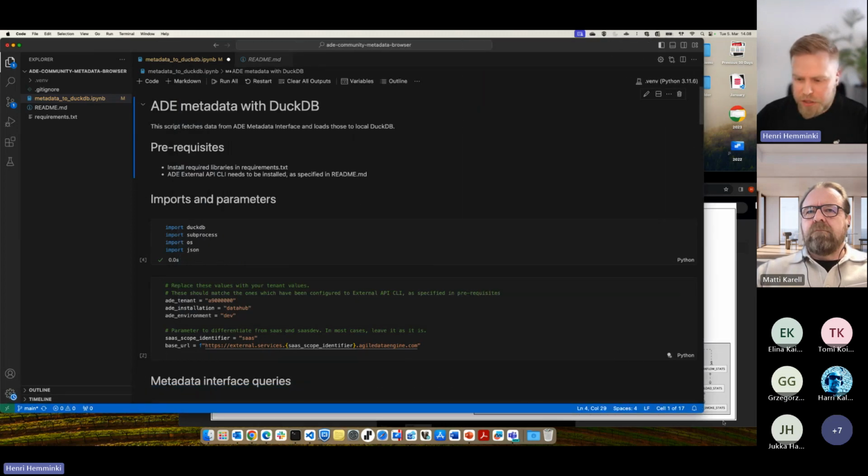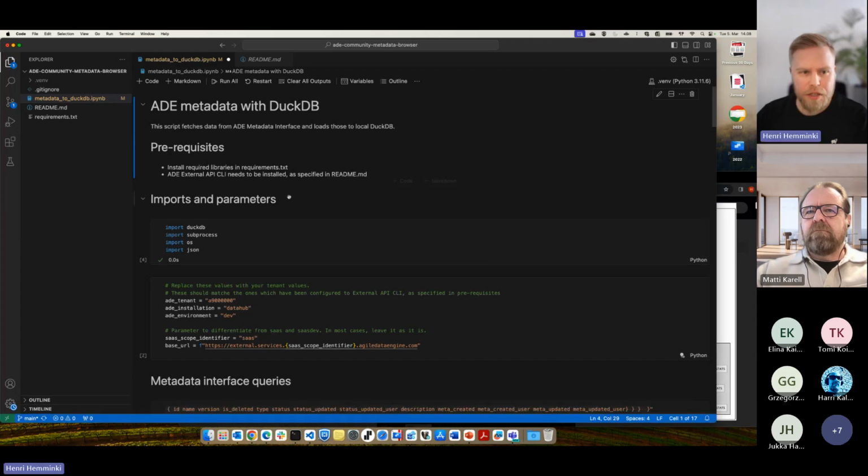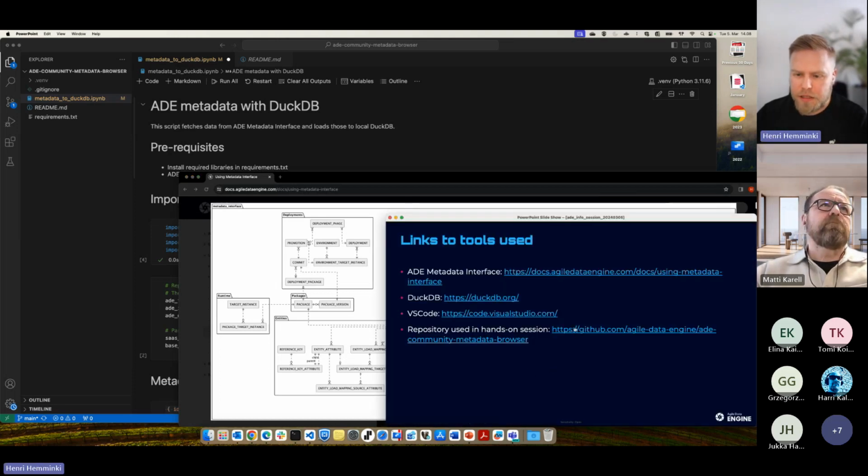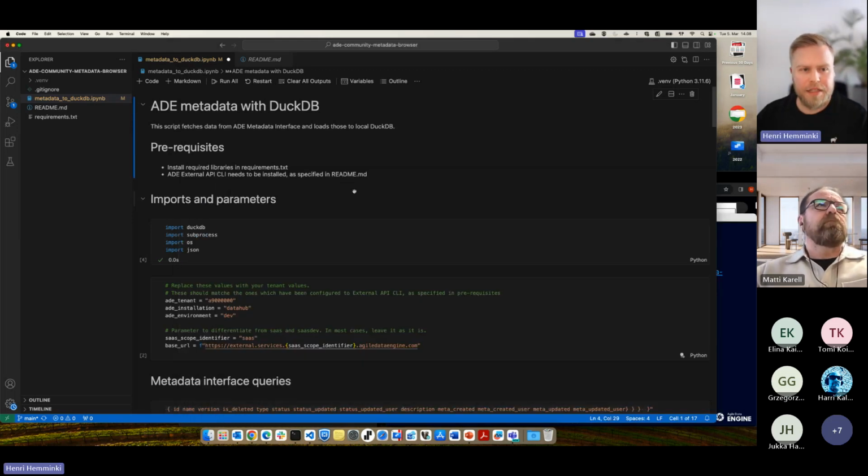Hopefully it's visible. I zoomed it quite a lot. The repository which is used in this demo is there. You can find it in the material. So I'm using that.